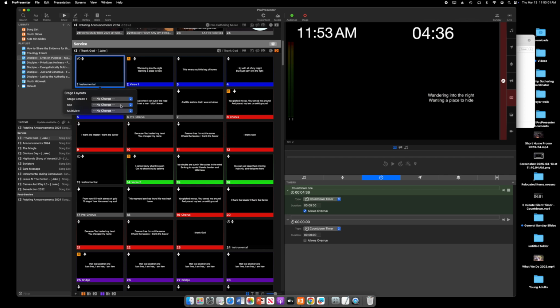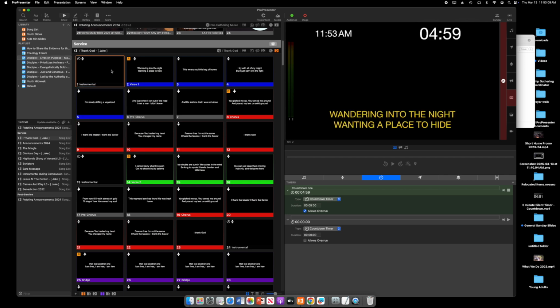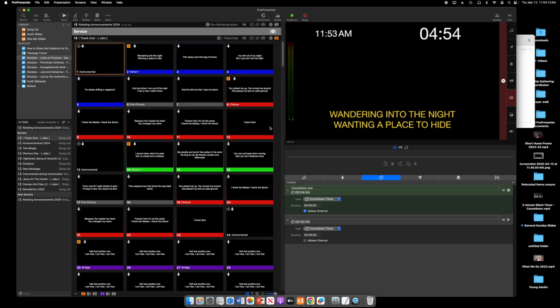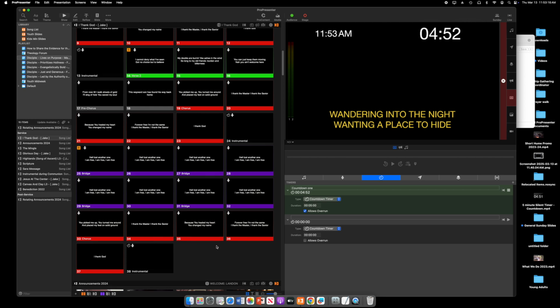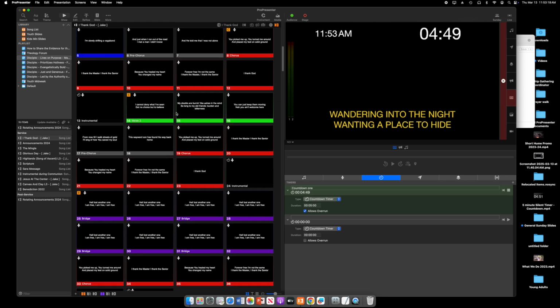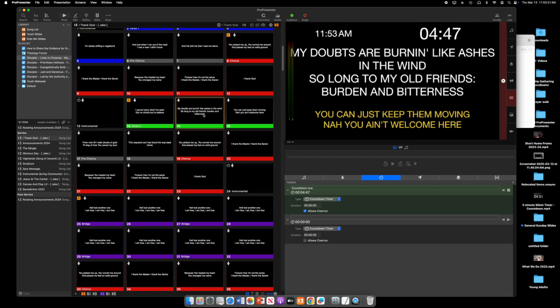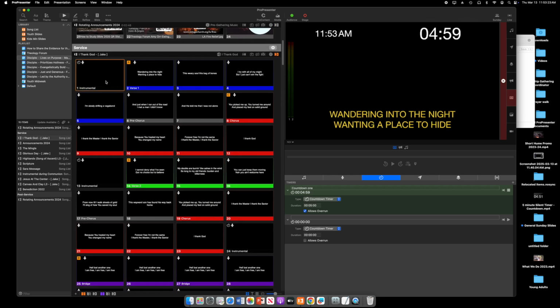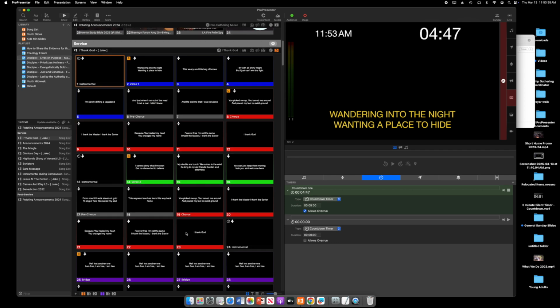So we have the NDI, which is our confidence monitor, and we're going to go down and select Confidence Monitor Lyrics. Now, this is a personal preference thing. When we click it, it goes right back to it. A personal preference thing is I make sure that every single slide on this individual grouping all has that confidence monitor lyrics set up. That way, if whoever is doing slides gets confused for any reason or doesn't click that very first initial slide, there's no issues, and we're just always in this grouping or this look on the confidence monitor